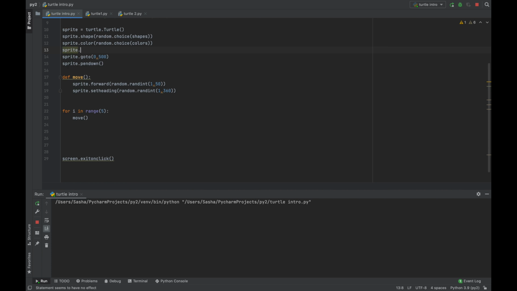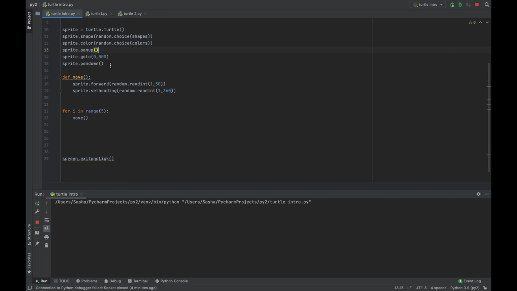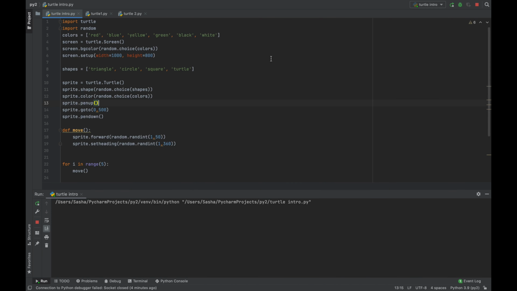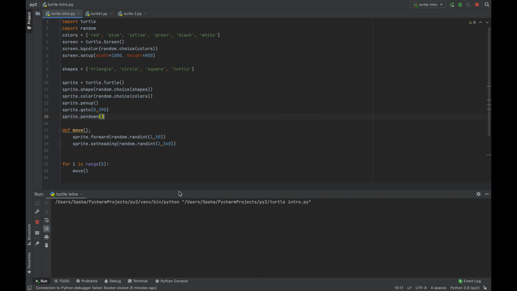Oh, and if you think about it, it goes up the screen by 500, because the screen height is 800, but 0, 0 is here, so we need to change this to 390. 390. And now, when we run this,